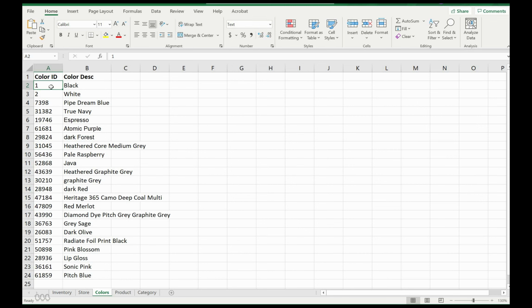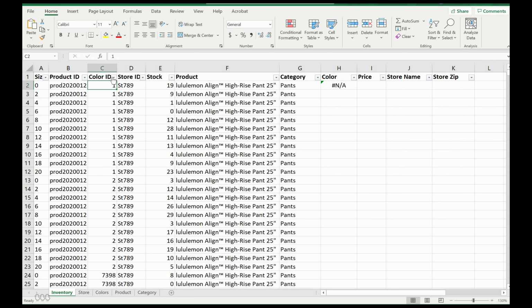Another clue that this is formatted as text is that they're all left aligned. And in our inventory, these are right aligned, which, if you recall, I mentioned prior, most of the time numbers, unless you changed their alignment, will be right aligned. And text will be left aligned.